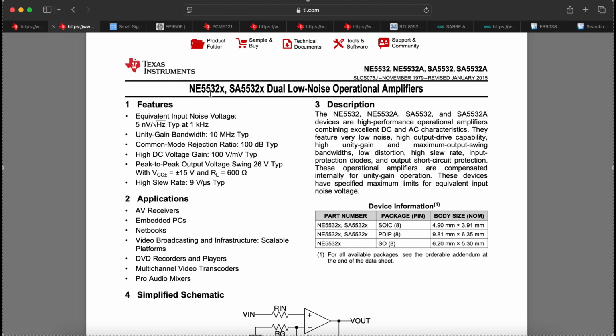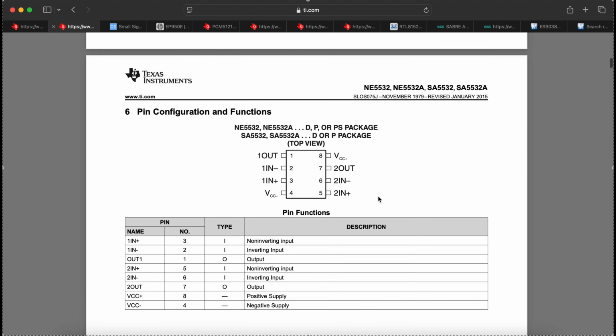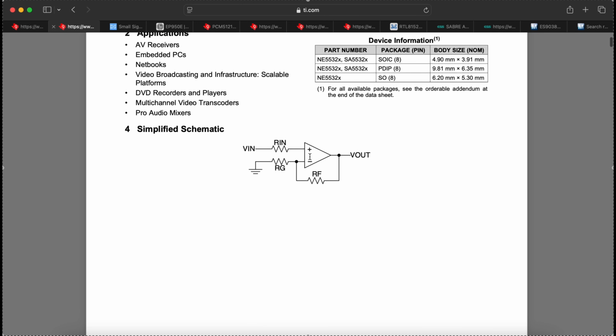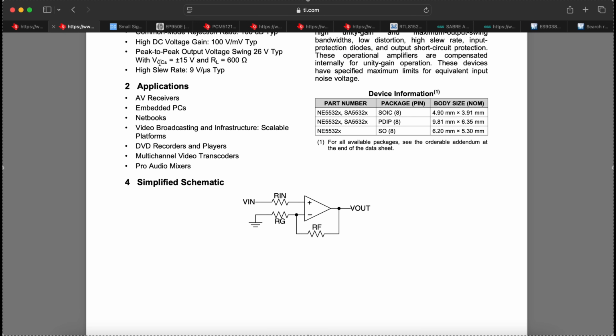As we can see, it's a version of the famous NE5532. Originally, this datasheet was released in '79. So yeah, it's an old opamp. I think it's almost the same. There is just one thing I quickly noticed, that the temperature range is different for the SA version, but it's basically the same, interchangeable. This is not a high-end opamp by today's standards, but it's been very widely used for